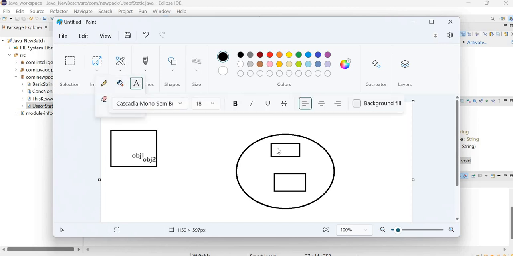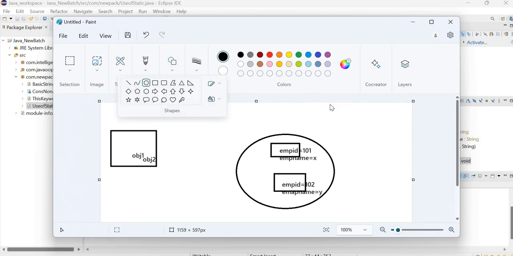Here I have written EMPID and EMP name. कुछ भी लिख सकते हैं आप, X लिख लीजिए, चलो इक्वल्स टू 101 लिख लीजिए। ओके, यहाँ पे आप जाएंगे EMPID 102, EMP name सपोज Y। ओके, एक मेमोरी है जिसको क्लास मेमोरी के नाम से आप बोलते हैं, उसको